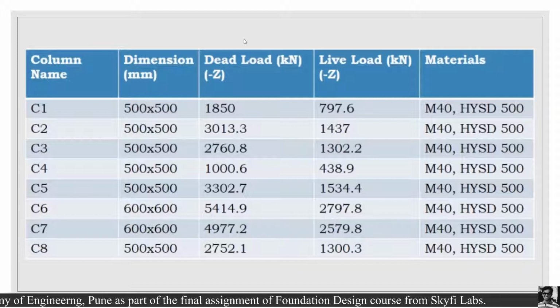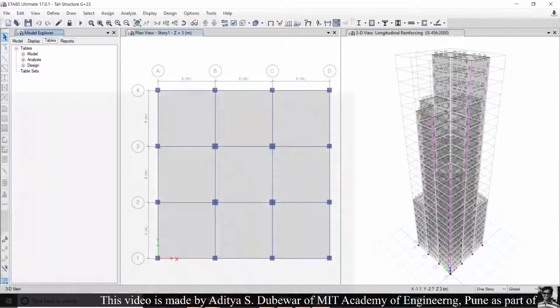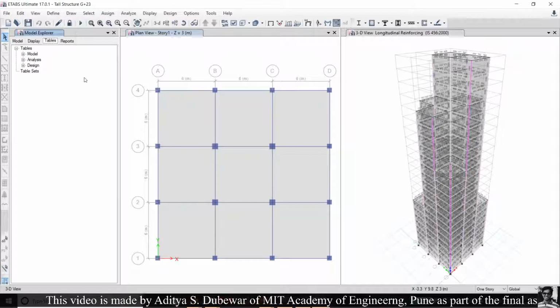These are the details we require for the foundation design. These details we can easily get from the ETABS model that we designed in the last videos. I will show how we can get these details from the ETABS model. Open the ETABS software, after a design check is given to the building,